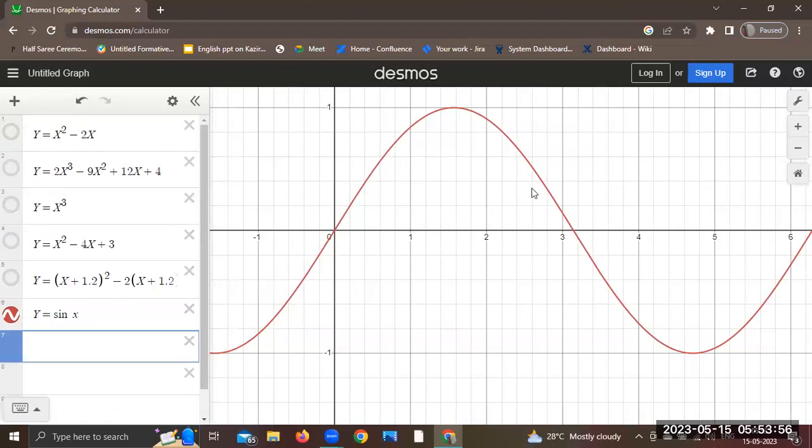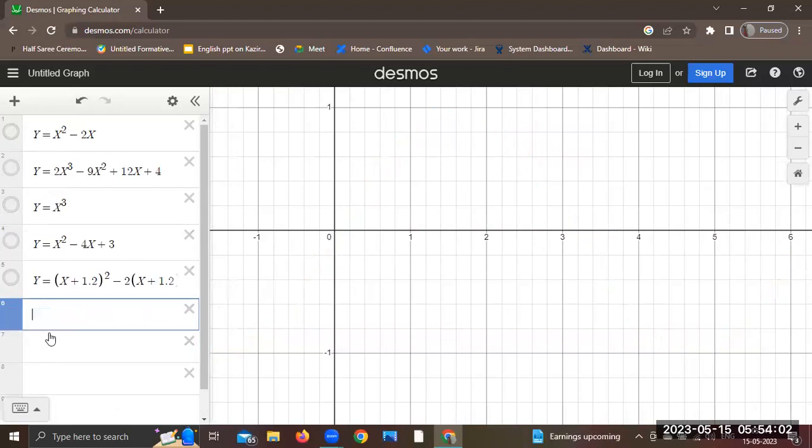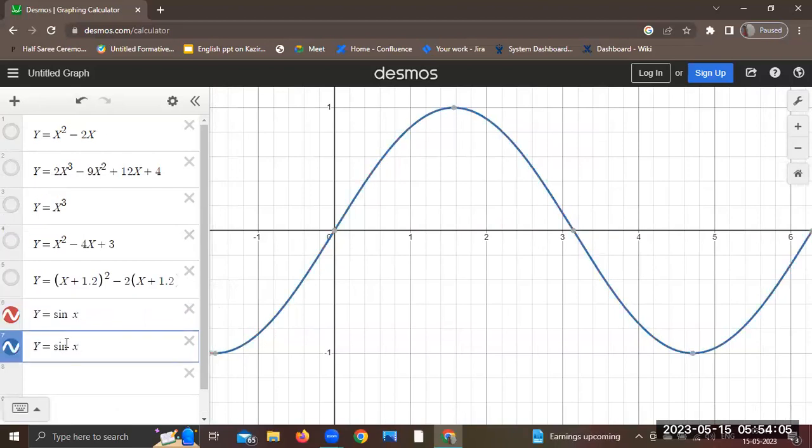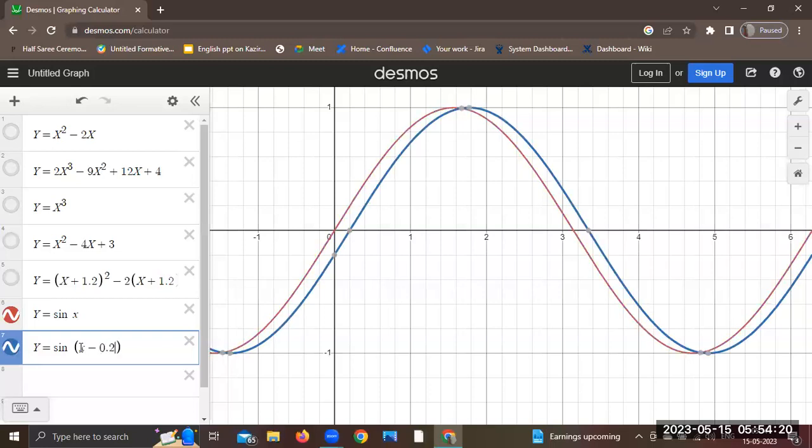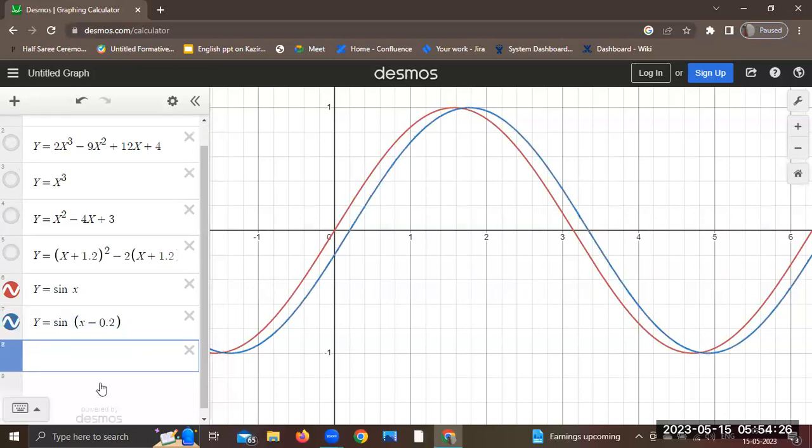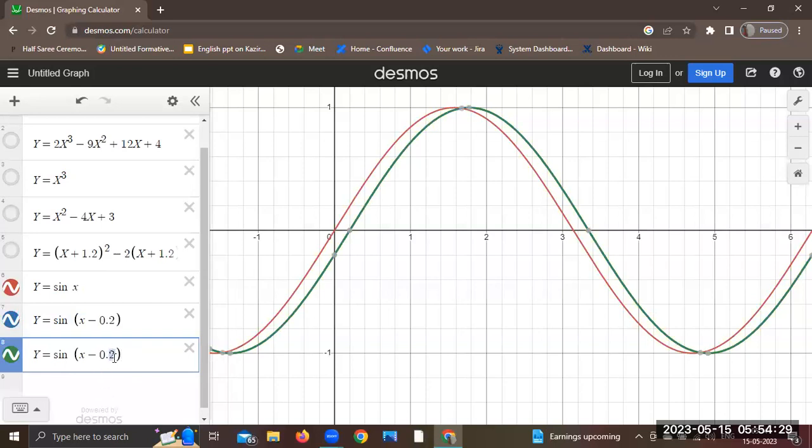Now it's a wave, but a wave won't be at rest, it moves forward. So I'll take sin x, but I replace x with something, because I want to move towards right. Someone tell me what to do. If I want to move it towards right, what to do? Minus. Minus, okay, 0.2. Can you see that? The blue one moved towards right. Now, instead of 0.2, I'll take 0.4. It moves towards right. So the point is that instead of writing x minus 0.2, if I write